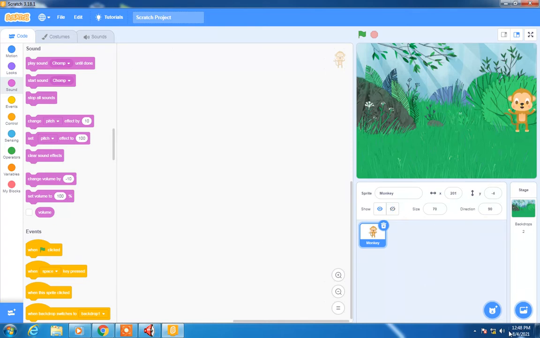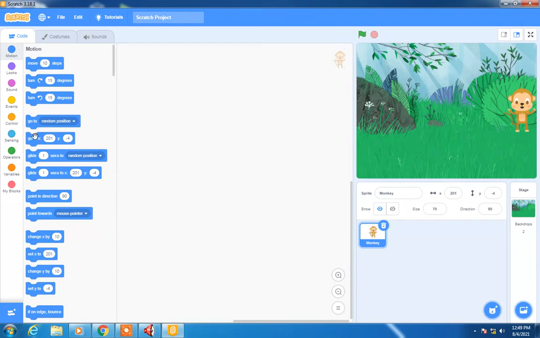Okay, so what do we want the monkey to do now? We want the monkey to move up and down depending on from where either the bananas or the crab is going to come. So it has to grab the bananas and save itself from the crab. Okay, so for moving the monkey up and down, we have to make use of the change y-axis command. So it is going to move vertically, so y-axis we have to make use of.